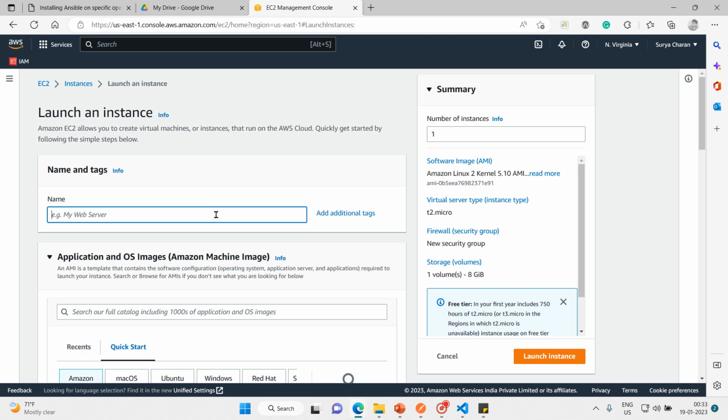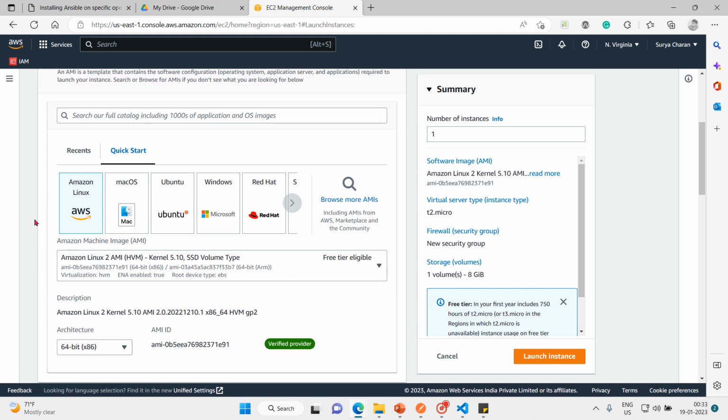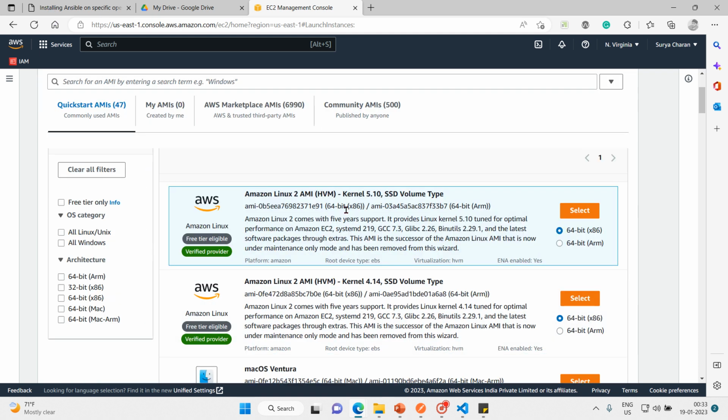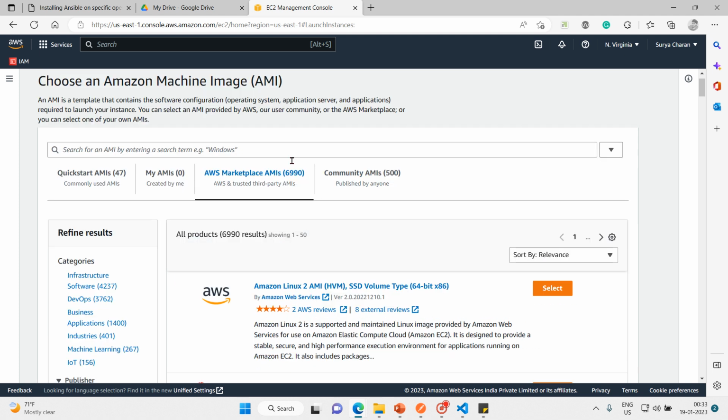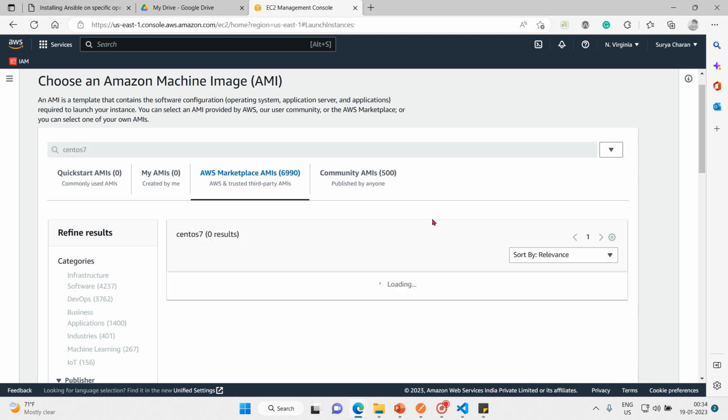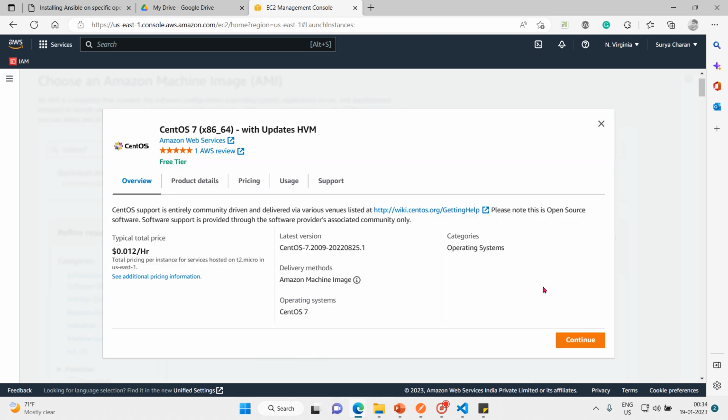So let me click on the third one. So I will name it as vprofile db01. Then this time I'll go with the CentOS only. What's wrong with the CentOS? We'll go with the CentOS only this time also. Yeah, same AMI marketplace, and then type CentOS 7. Then search. Then select that CentOS 7, then click continue,